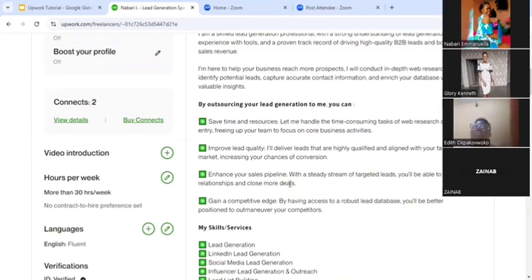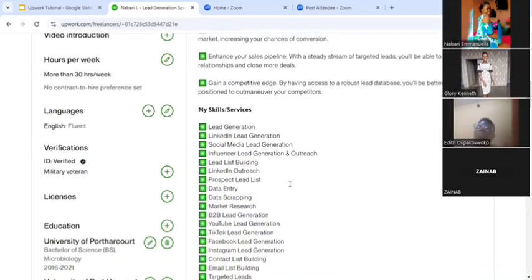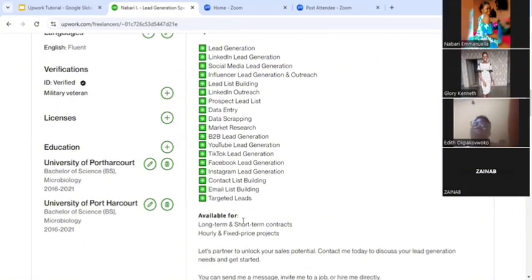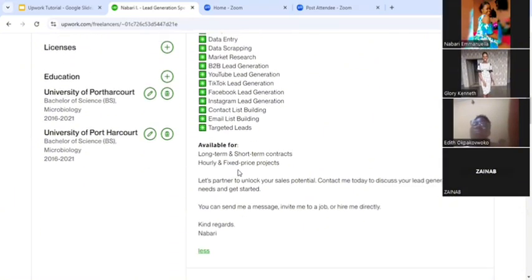This is what you get by working with me, just the same format as the other one. And I listed out my skills and the services I offer. These are the things I can do as a lead generation specialist on this account. Then I stated the kind of projects I'm interested in. I said available for short or long term, although right now I only take short-term projects. And I used to be very careful when applying. I'm looking for only those ones that will not take so long. Then I ended up